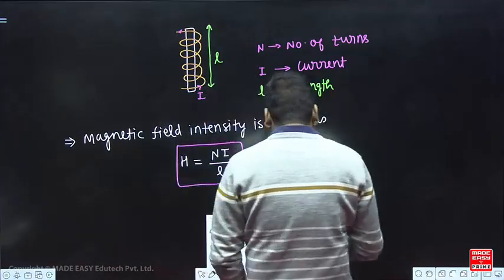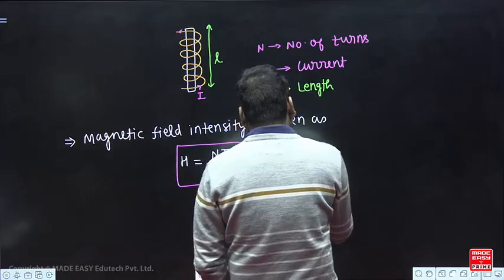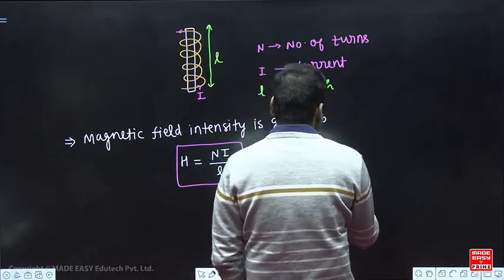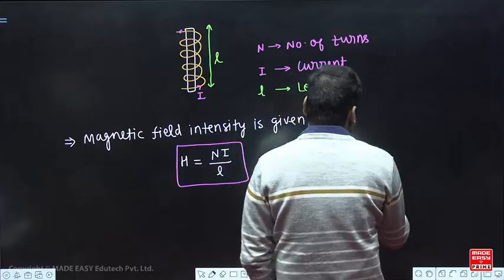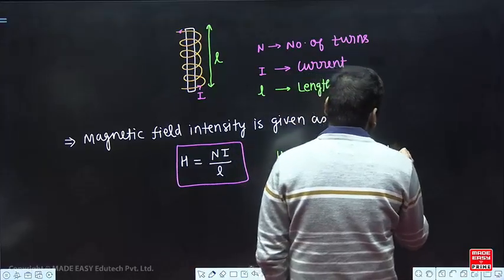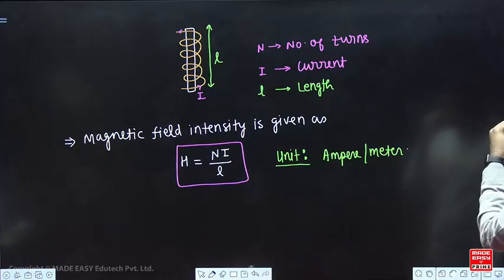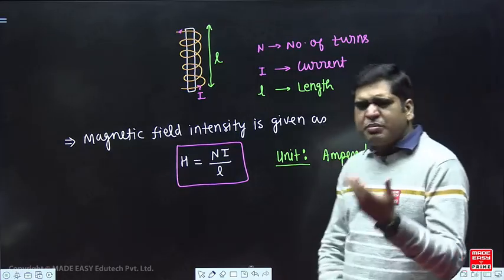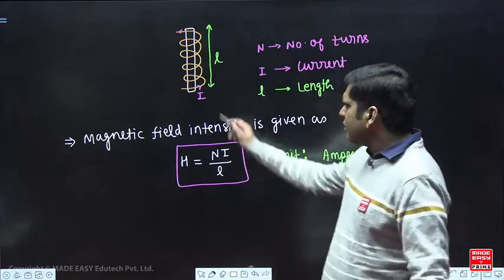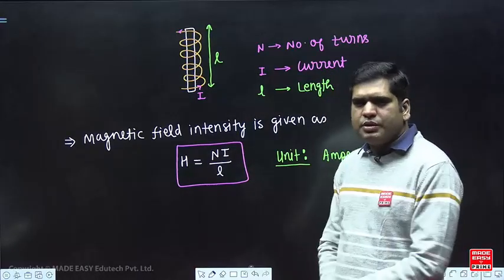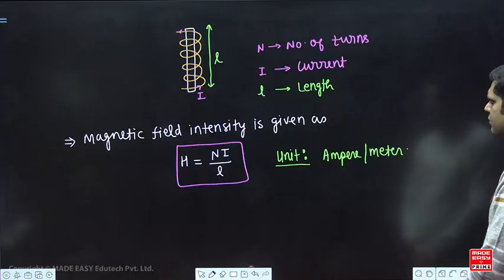N is just a number, so the unit of H is ampere per meter. This is the unit of H. Magnetic field intensity is given as N I upon L. N is just the number of turns. So if our number of turns is 1, then I by L. Otherwise, if it is 100, then N I by L. That is the value of